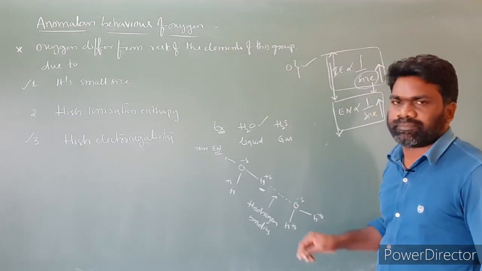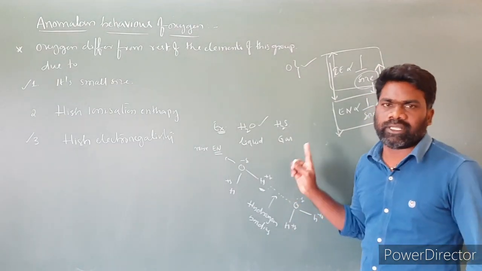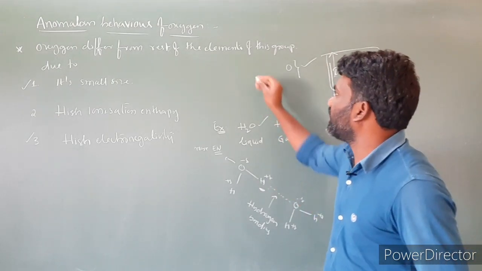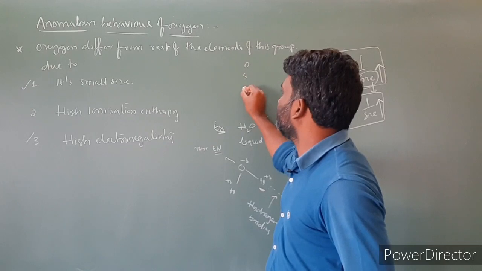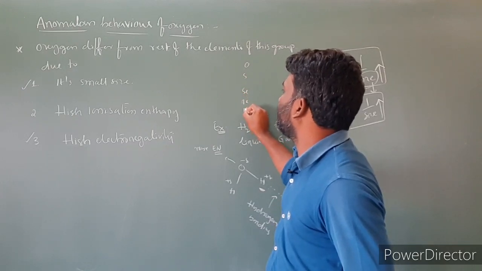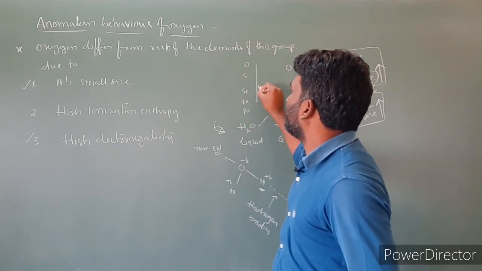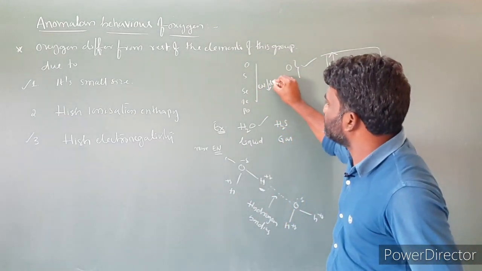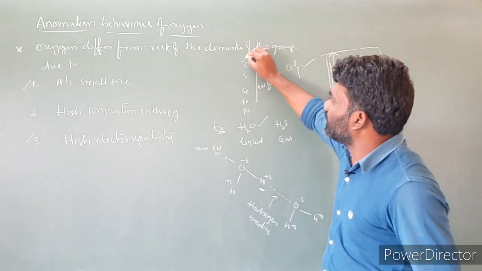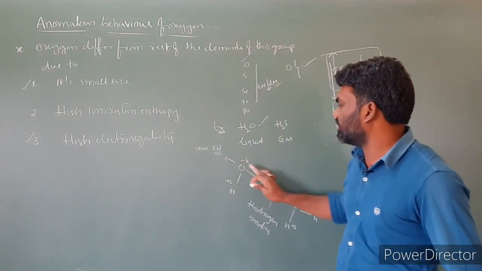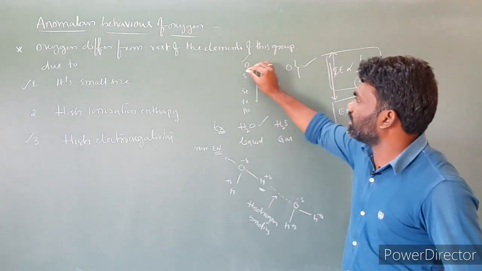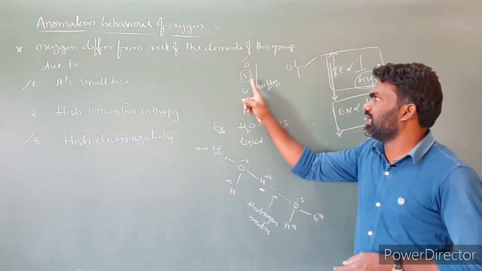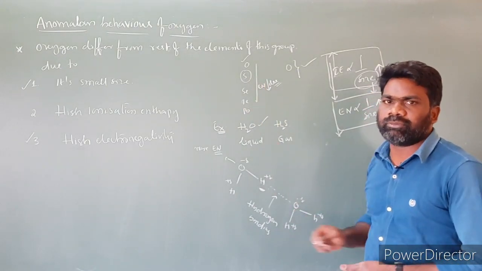But sulfur does not form any hydrogen bond. In the H2S molecule there is no hydrogen bonding. What is the reason? While moving from top to bottom, oxygen, sulfur, selenium, tellurium and polonium, electronegativity decreases. Oxygen is more electronegative, which is why it shows partial negative and partial positive charges in the molecule. The electronegativity of sulfur is less, so it is unable to form hydrogen bonding.